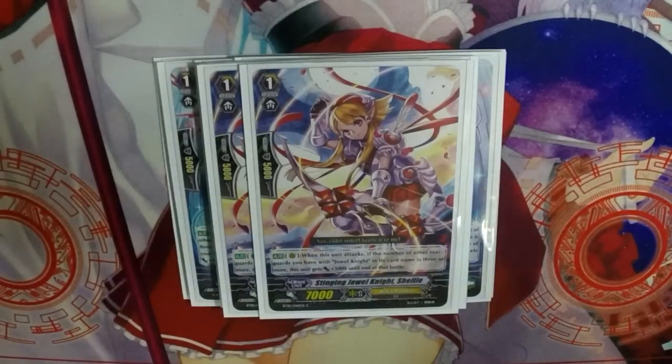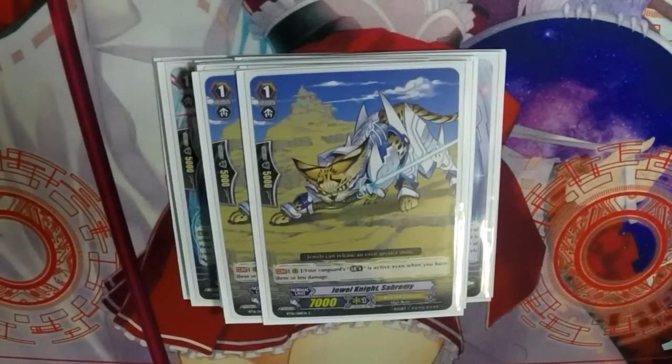As long as you have Sword Me, because like I said, Sword Me really gets you rolling in this deck. And next we got 2 copies of Jewel Knight Saber Me, the Limit Break Enabler. We do play 2 copies of it because it makes Ashley live at all points in the game, both the